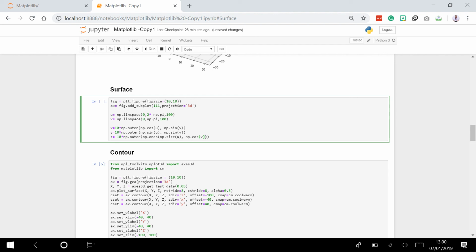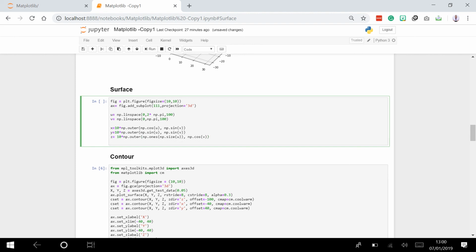So we have 10 multiplied by np outer in the bracket np ones in the bracket np size u. So we will close here the bracket, and then np cosinus,